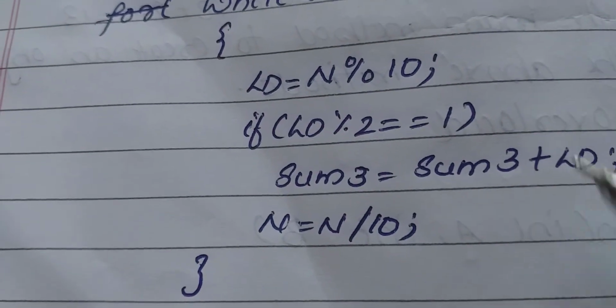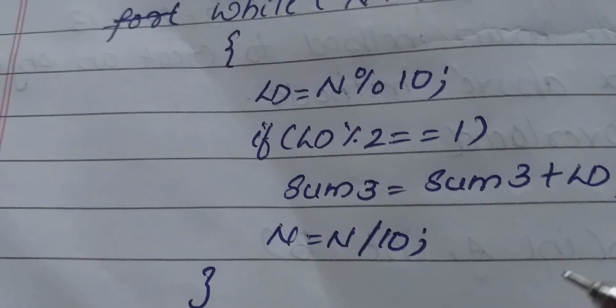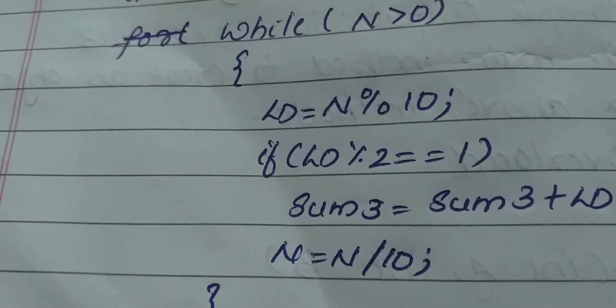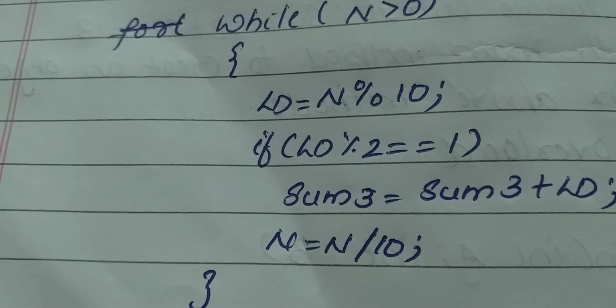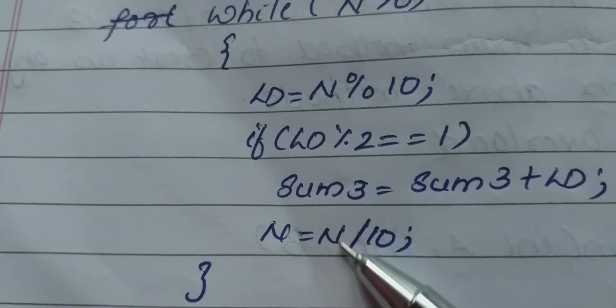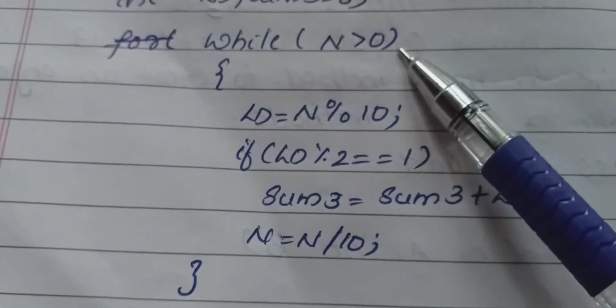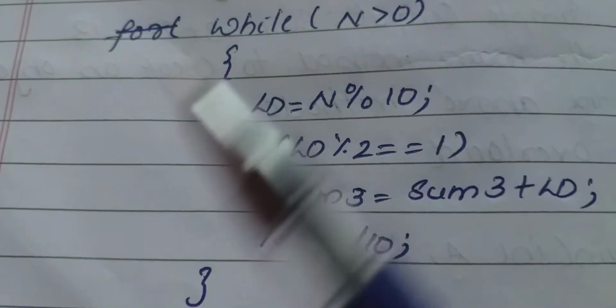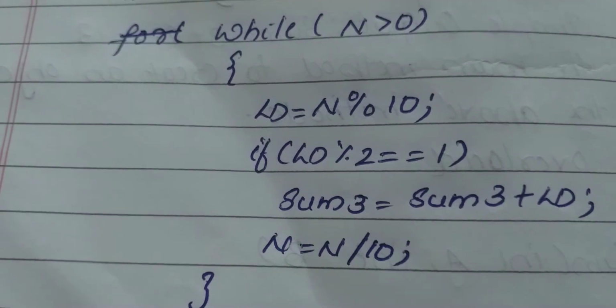So students, all of you work out all these things. Okay, that is 321 divided by 10. So what is the quotient part? 32, isn't it? That value is to be stored in n. And with this n value, we again go to the for loop and we check the condition. Until the condition is violated, we check it.